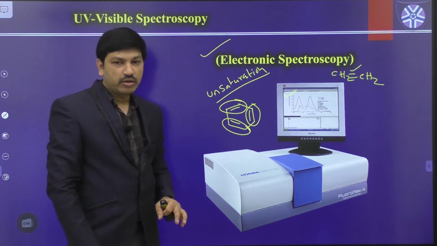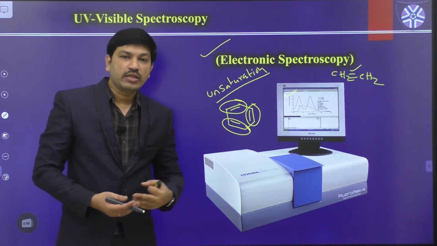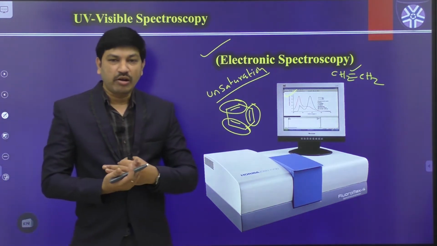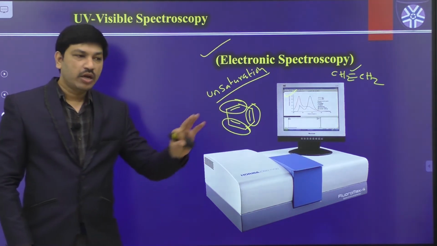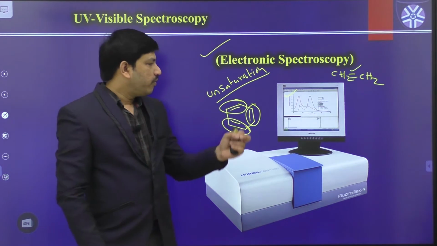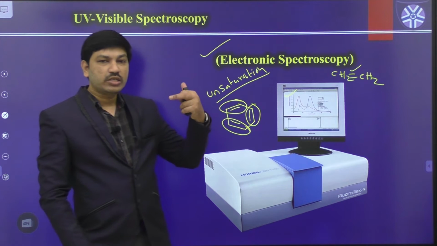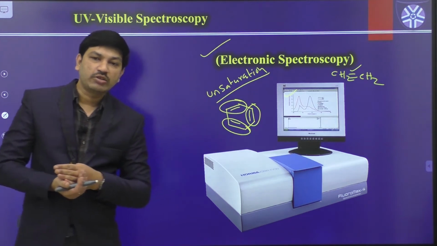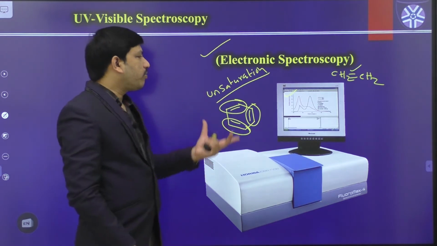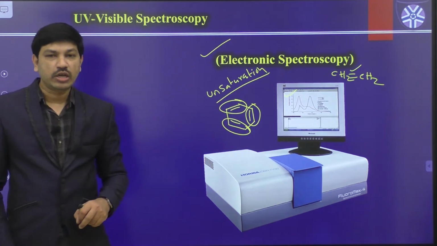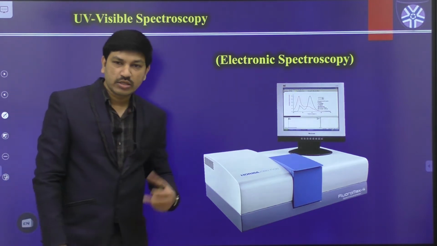In addition to that, UV visible spectroscopy is also useful to understand the various colors of metal complexes. We can understand whether the given metal complex absorbs a particular wavelength, red color or blue color, something like that. We have already discussed in the first unit that most metal complexes are colored in nature; they have optical properties. All those optical properties can be predicted by using electronic spectroscopy or UV spectroscopy. We will discuss all the details in this chapter.